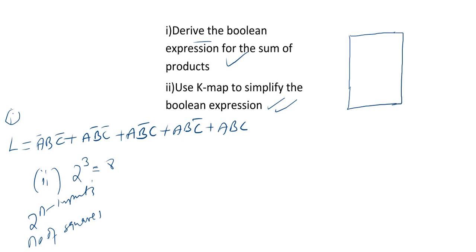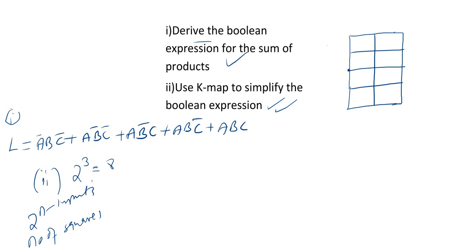Eight squares. So that is the table. Note how I label the 3 input K-map. So at this column,